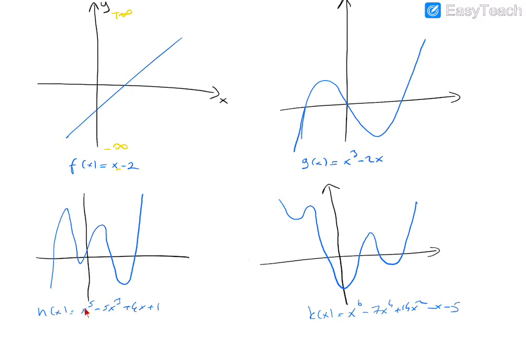If you have minus x to the power 5, it can be different. But if the coefficient of the highest degree term is positive, the graph always starts in the negative part. For an even degree polynomial, the graph starts in the positive part. Here this is the y axis, y is positive here and y is negative there, so the graph starts from the positive part.